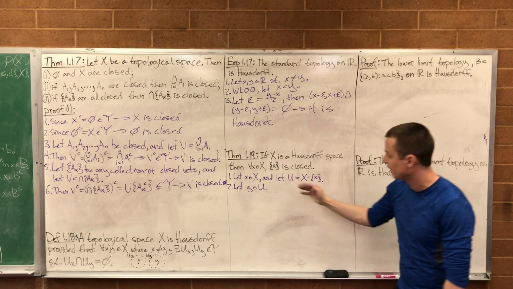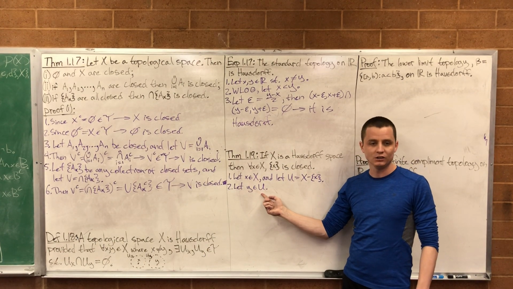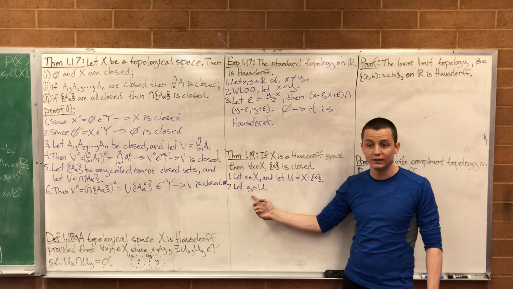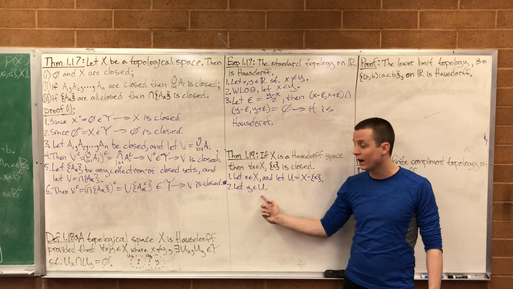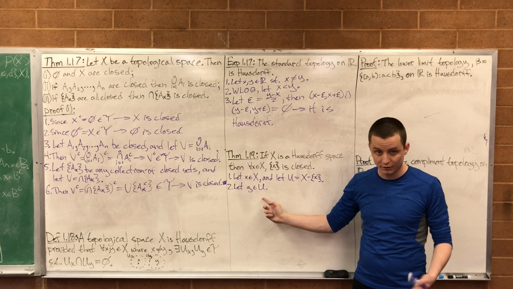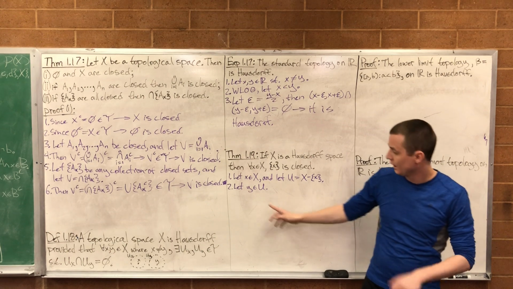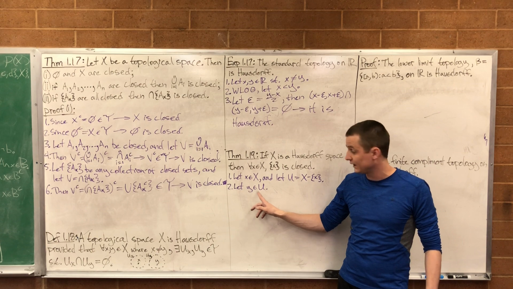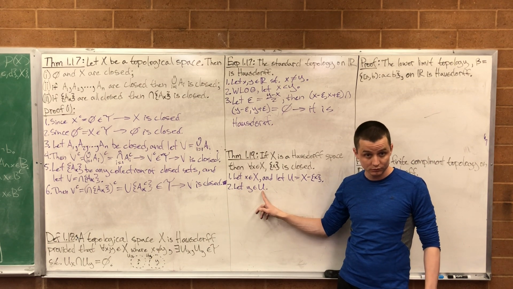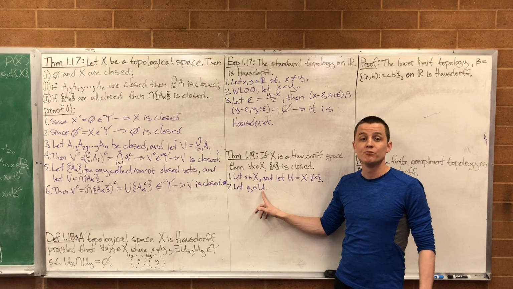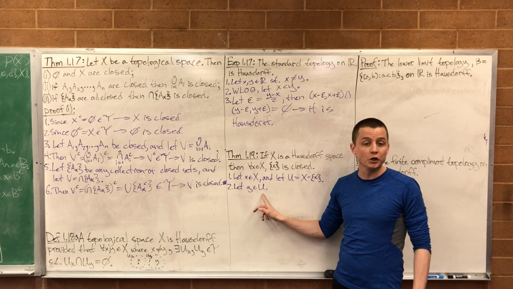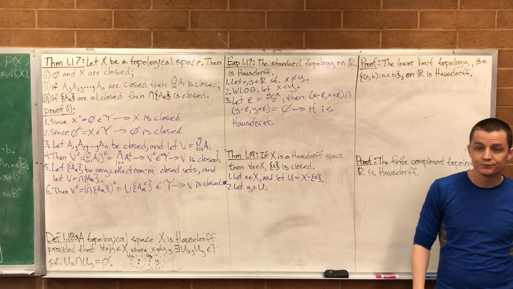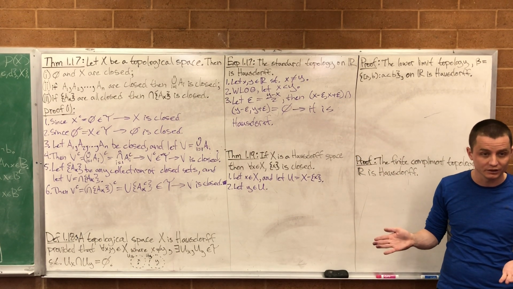I'm going to do this the same way that we prove every set is open. I'm going to grab a random y in U. I'm going to show that I can find an open set containing y. And since I can do that for every point y in U, then by the union lemma, let me say it again. I'm going to grab some arbitrary y in U. I'm going to show that I can find an open set that contains y that's also a subset of U for any y you pick. Therefore, the union of all those open sets is going to give me U by the union lemma. U is a union of open sets. Therefore, U is open. That's big picture how I'm going to go with this, right?